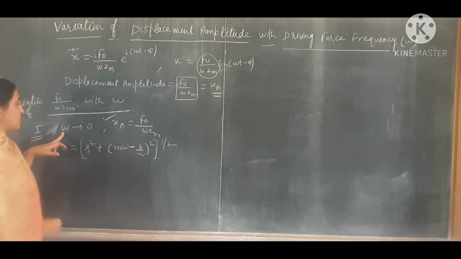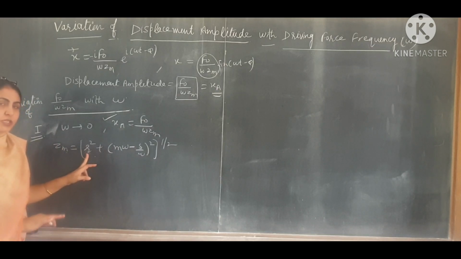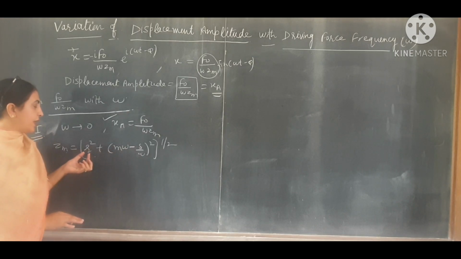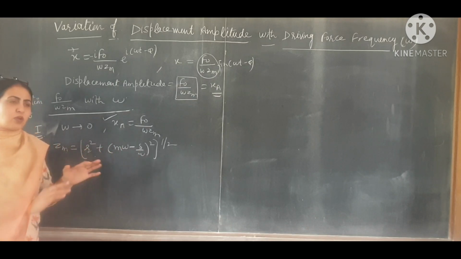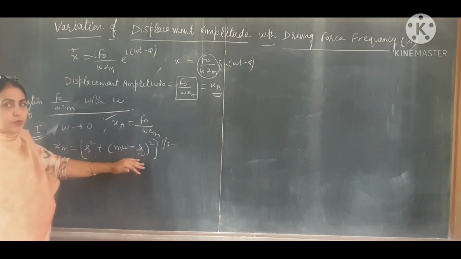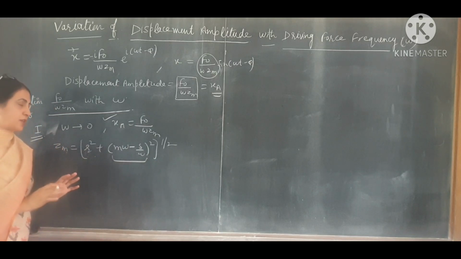Now omega approaches 0. So see here, this r is not very large in comparison to this quantity. So we can neglect r in comparison to this. r is very less, 0 point something something. So we have only this value. We neglect r because r is not very large.